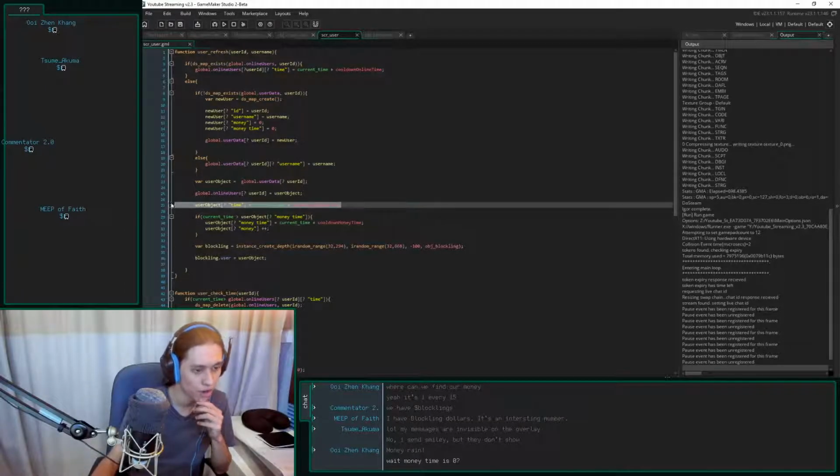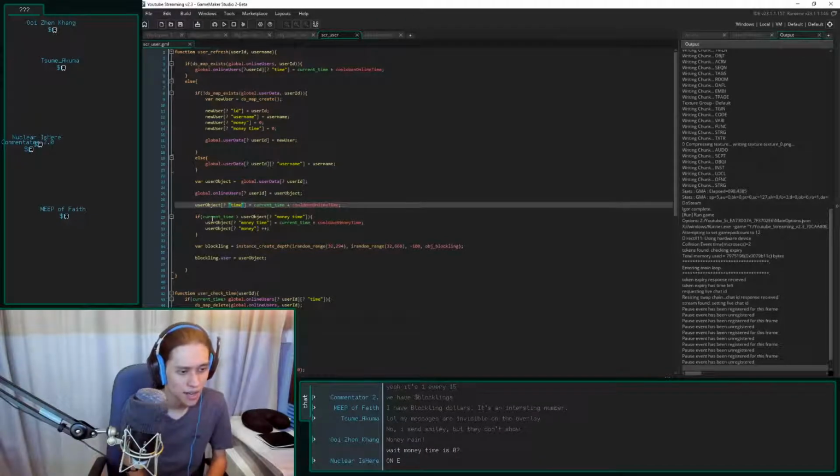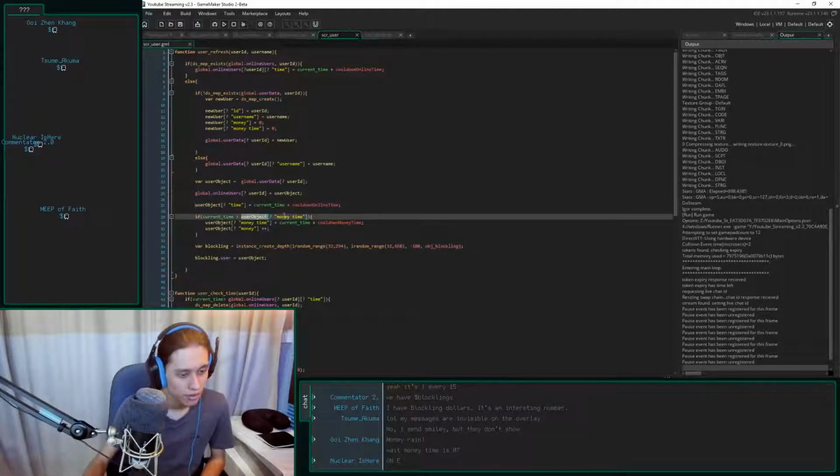Money time is separate. Their online time is separate. When you're first created, your first message you send, your money time is 0. So that means you can instantly send something. User object, money time. What on earth? The current time is greater than that.